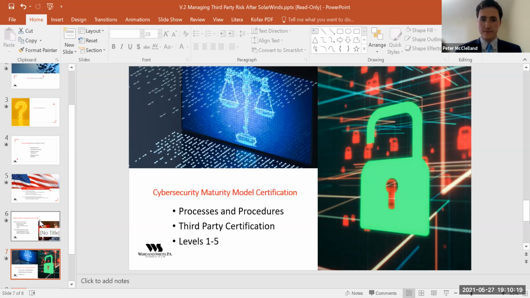It's leveled 1 through 5. Level 1 is basic cyber hygiene, and it's described simply as these operations being performed. Level 2, they're being documented, and it's more or less an intermediate cyber hygiene level. Level 3, they're being managed. It's good cyber hygiene, and that's the level at which companies can start to bid on contracts dealing with any kind of controlled information.